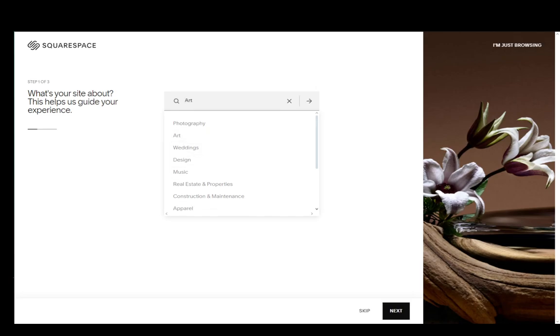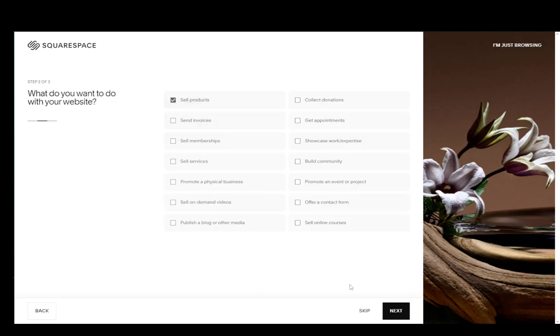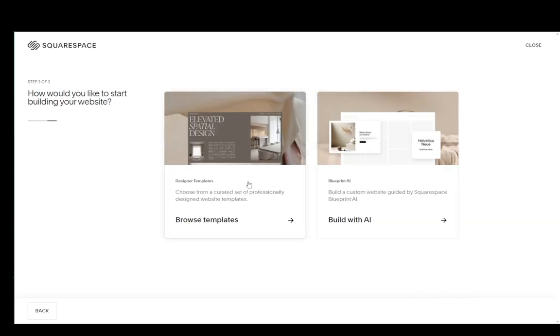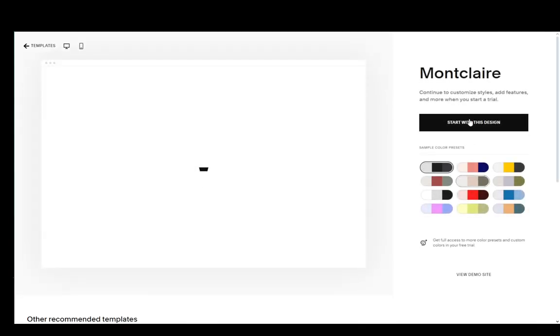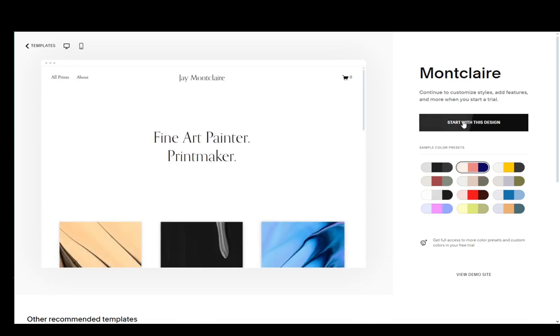So for example, let me create a site for art, click next, sell product, click next. Then you can browse templates, and here you can select from the templates that you would like. For example, I'll select this one. Now, once you've selected your design, you can then start with that design, and now you have a new site